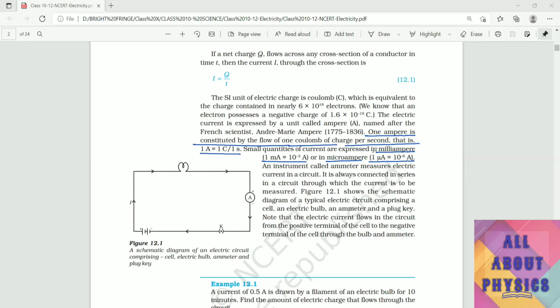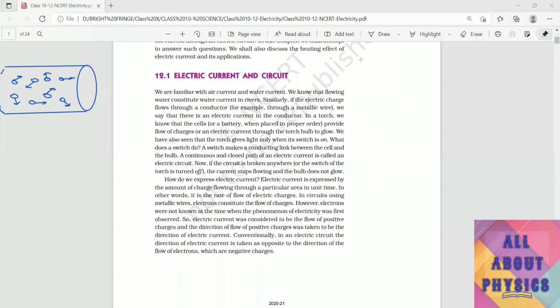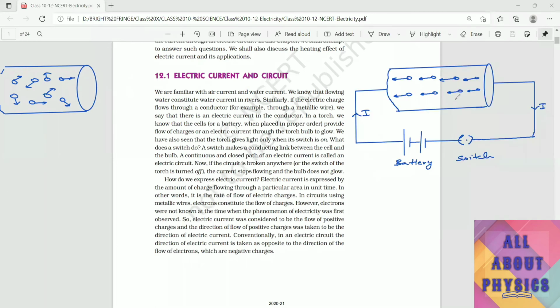See, one point to be noted here, that conductors can conduct electricity only when a cell or battery is connected across it. See, this is the state where no cell or battery is connected. So you can see that electrons are moving randomly in all different directions, right? When a cell or battery is connected across the conductor, then electrons in it flow towards the positive terminal, and the direction of current is opposite to the direction of electrons, and hence current will flow from the positive terminal of the battery to the negative terminal.